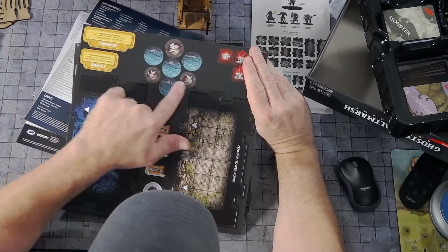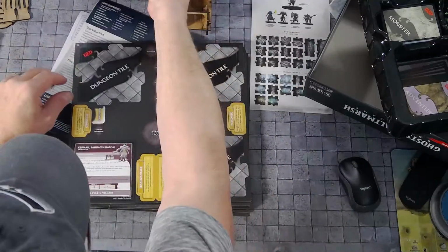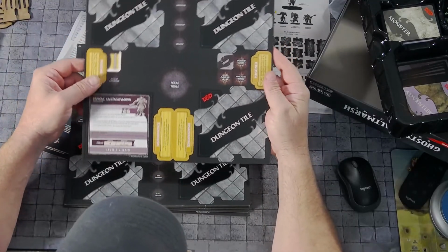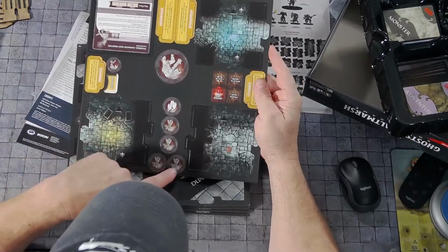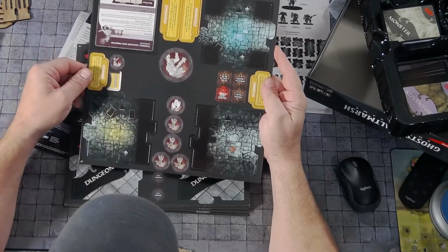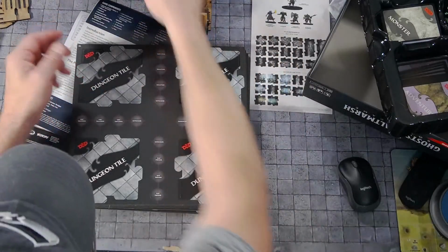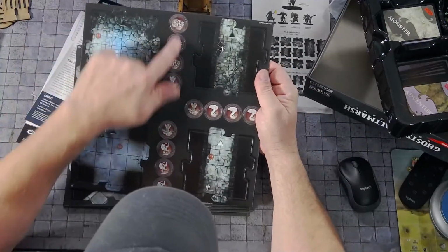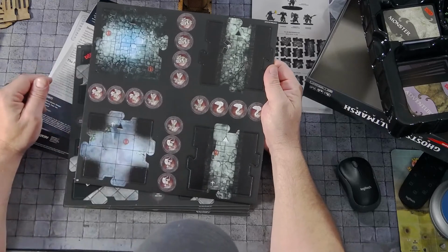Here's the goblins, archers. That's the stuff I want to be looking for. All right, this is that big dude. That's his level 5 villain card. All right, here's some tiles. So all the stuff is here. The only thing you need to do is take some heroes and some of the stuff out of the other thing. But if you have rat swarms, snake, okay, so all those cards, skeletons, so you can just...